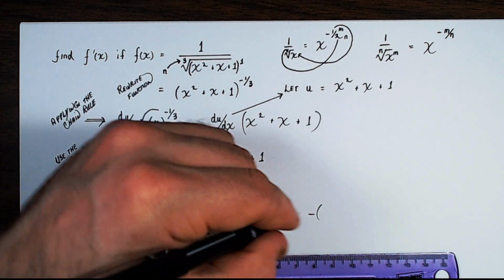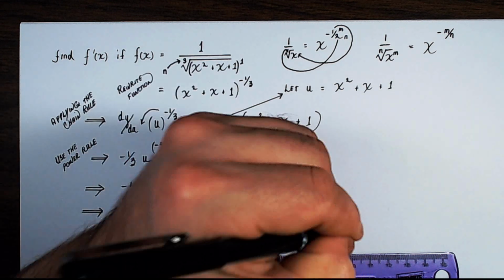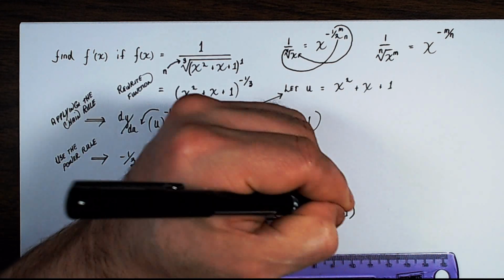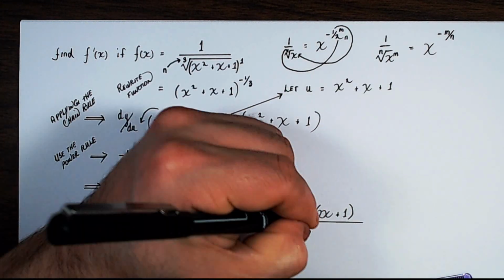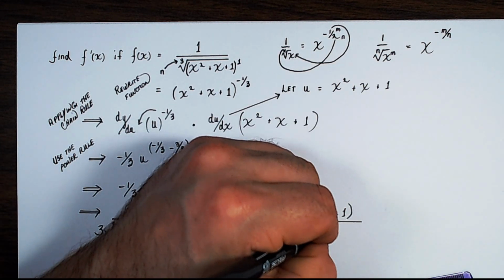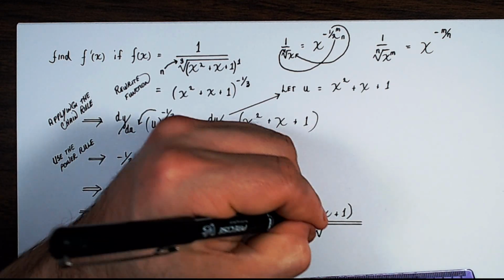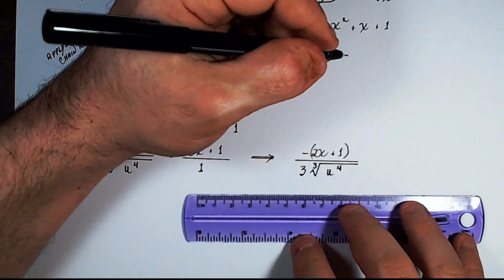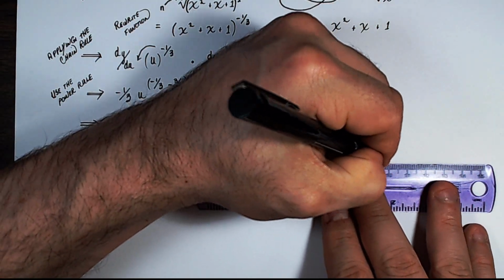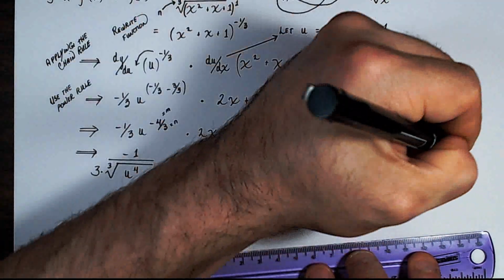But I'll leave it undistributed here for just a minute. 2x plus 1 divided by 3 multiplied by the cubed root of u to the 4th power. Okay, so now let's distribute that negative sign up top. That gives negative 2x minus 1